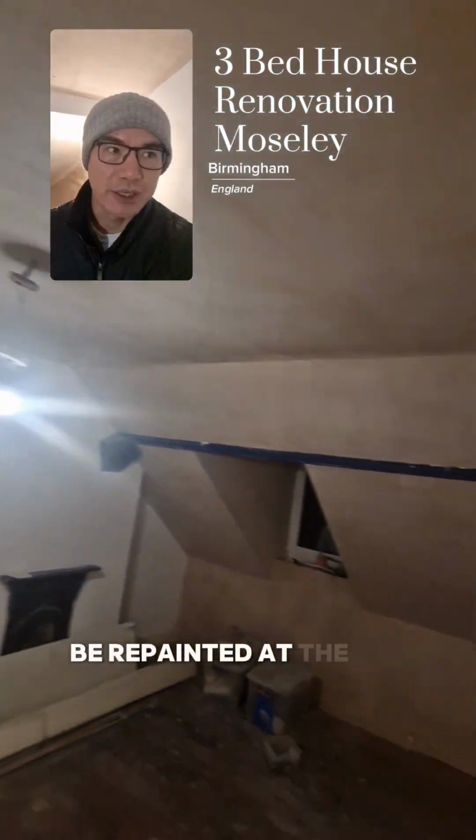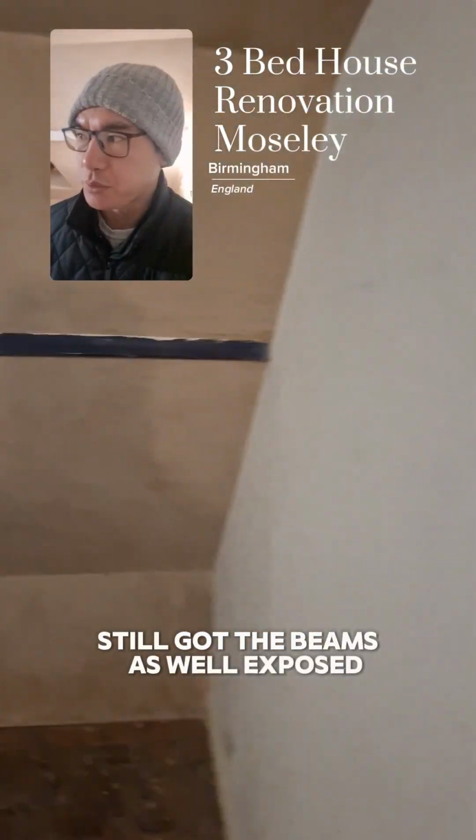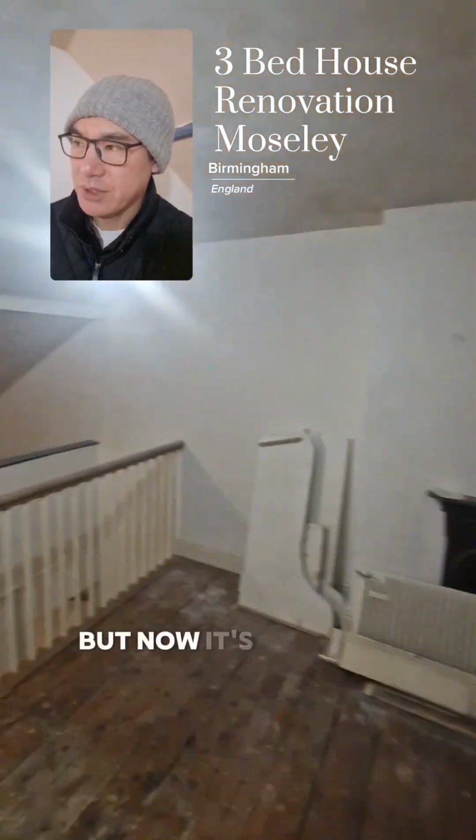This will be repainted at the end. Still got the beams exposed as well, which gives it a lot of character. But now it's actually quite warm up here,